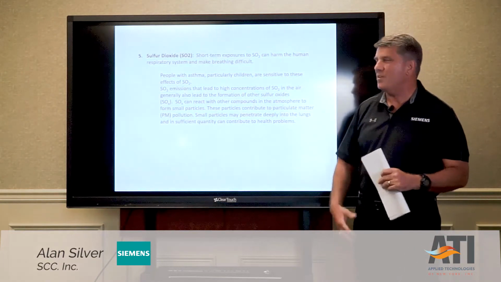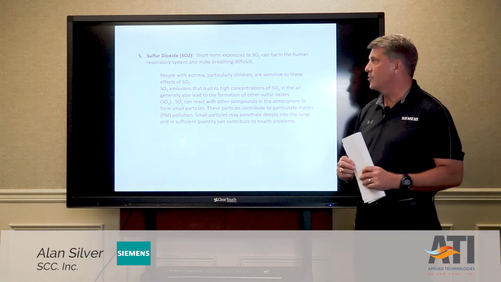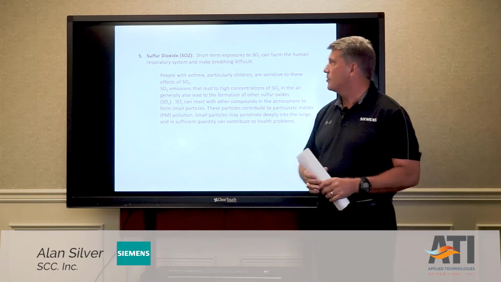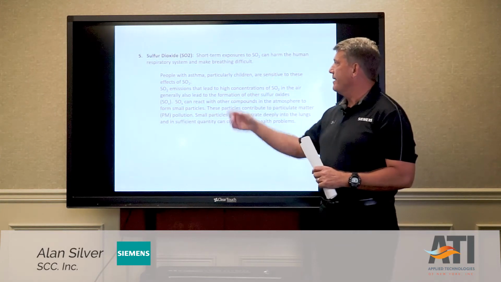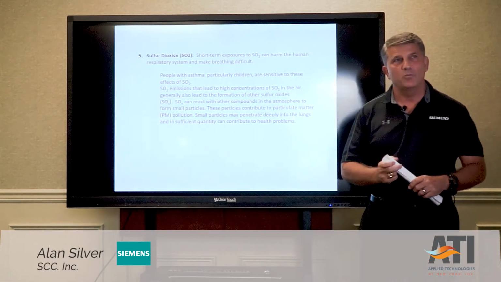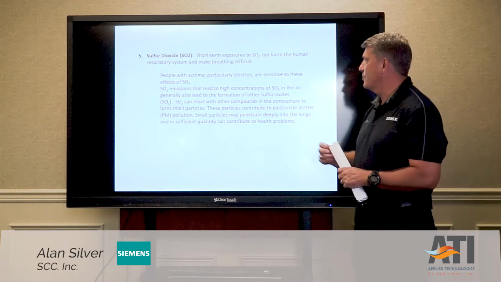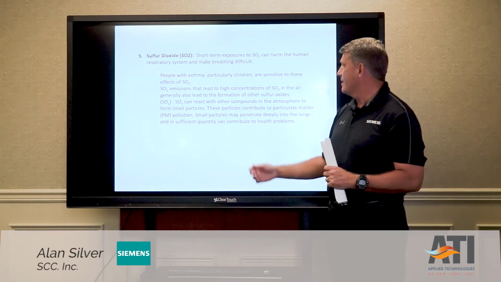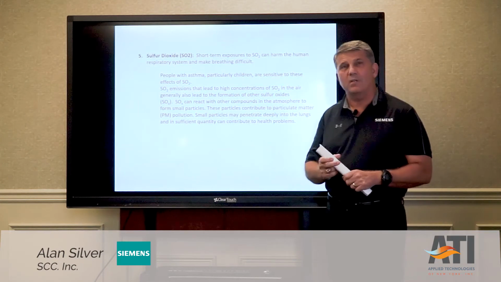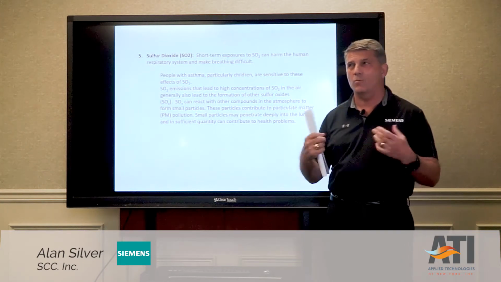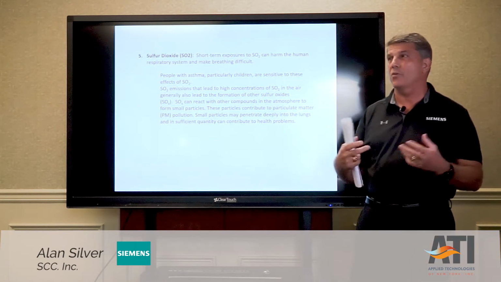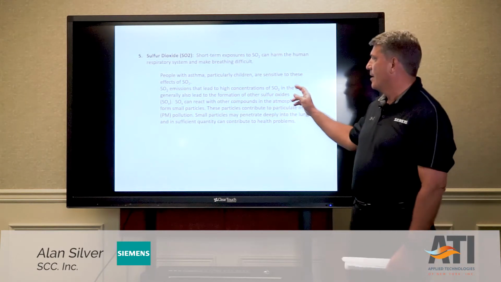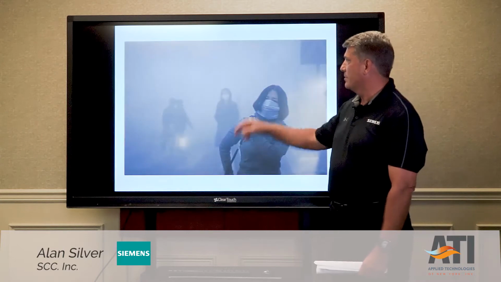And then the fifth emission gas that we're really concerned about when burning natural gas or oil is sulfur dioxide. Sulfur dioxide, unfortunately, can really create issues with younger people and older people when it comes to their respiratory system. And it can lead also to issues associated with acid rain. Sulfur dioxide and water vapor can form sulfuric acid, lower the pH of water in your area, and/or damage buildings and property.